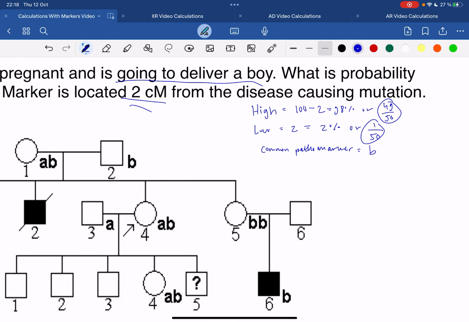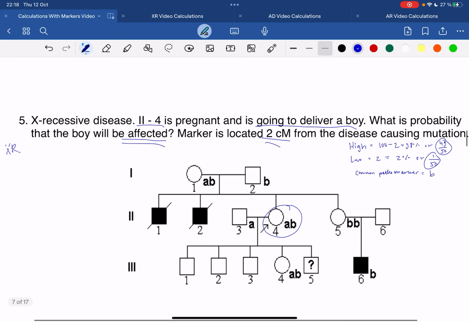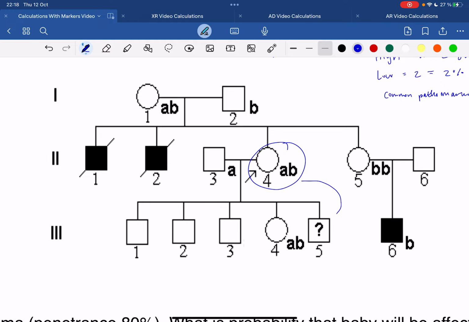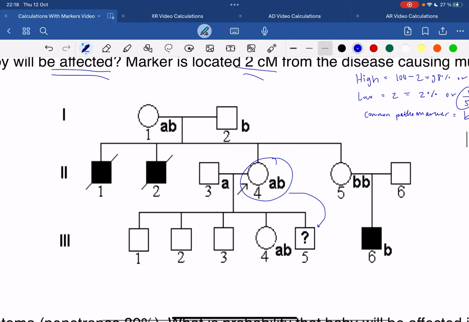Okay, and now we want to know what is the probability for 2,4 to be a carrier of the disease-causing mutation. And what is the chance for her son, we know it's a son, to be affected. All right, so first of all, we can immediately assume that this person